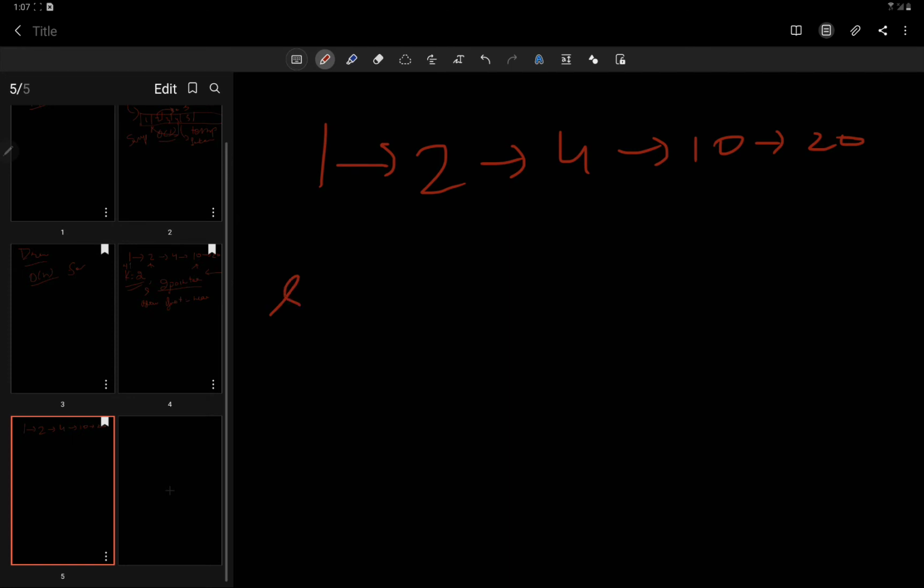So slow pointer and fast pointer, let's call them S and F for simplicity. We will initialize them with the value of head. Alright, so we will move the fast pointer until it reaches the kth node from the beginning. Alright, and so it reaches the value here.